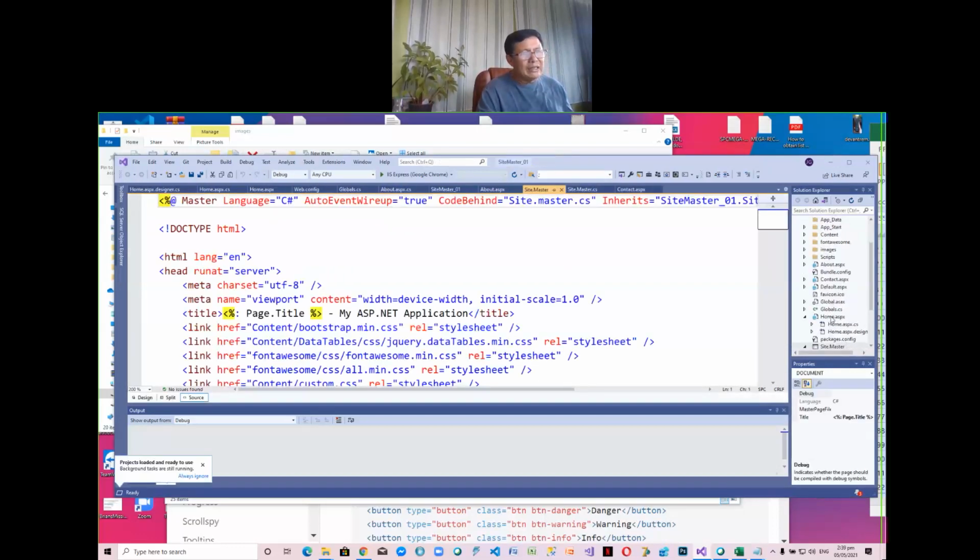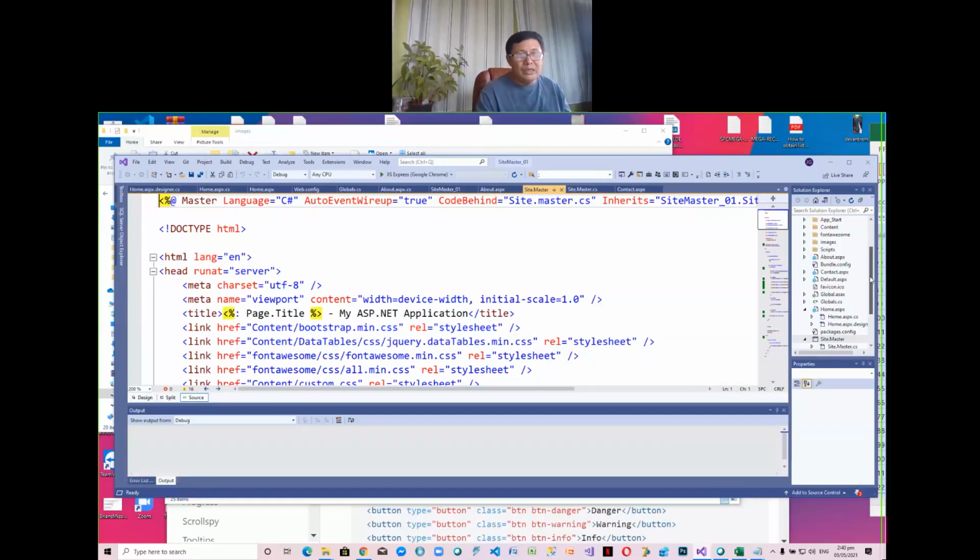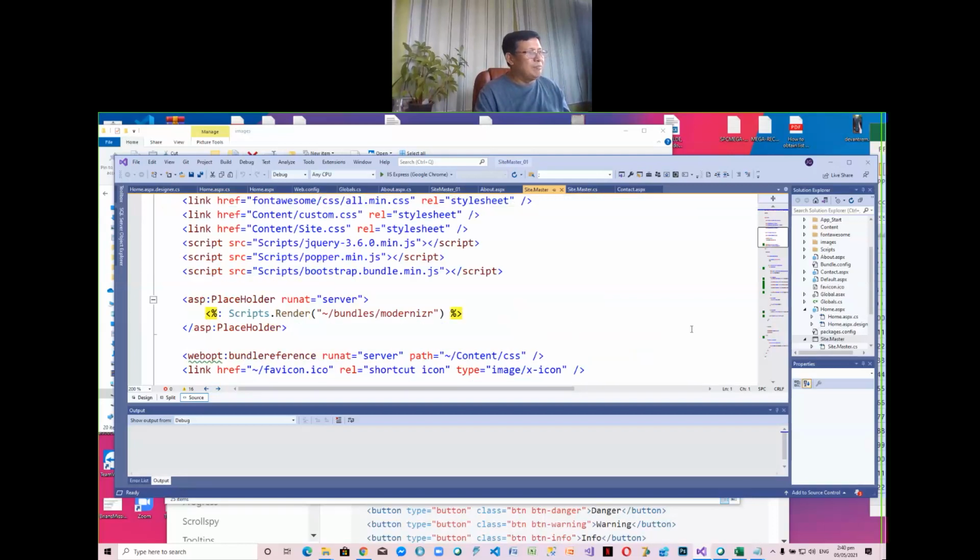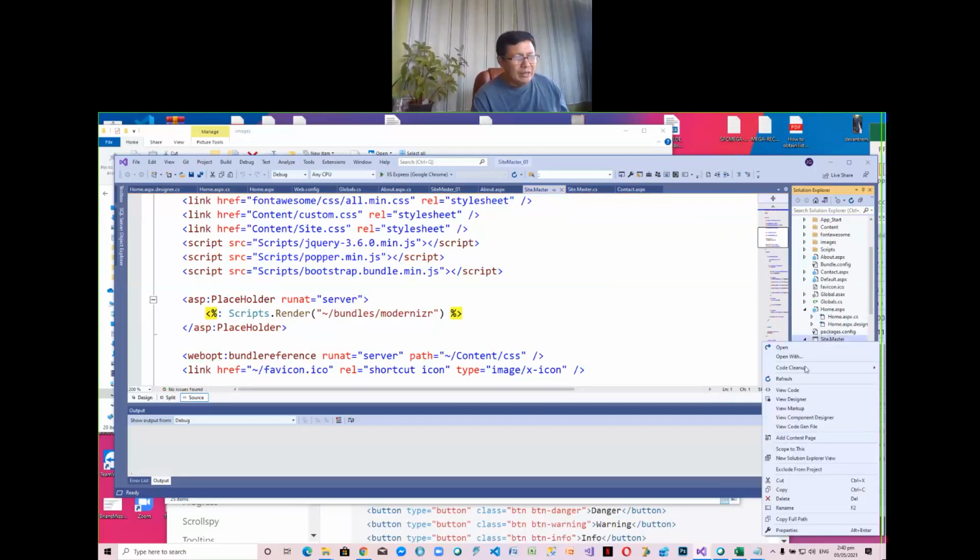Okay. Now let me create another content page. So a content page is different from the site master. The site master is the main page, which has a designated placeholder. And the content page is what you place in that designated placeholder. Do you follow? So let me add new